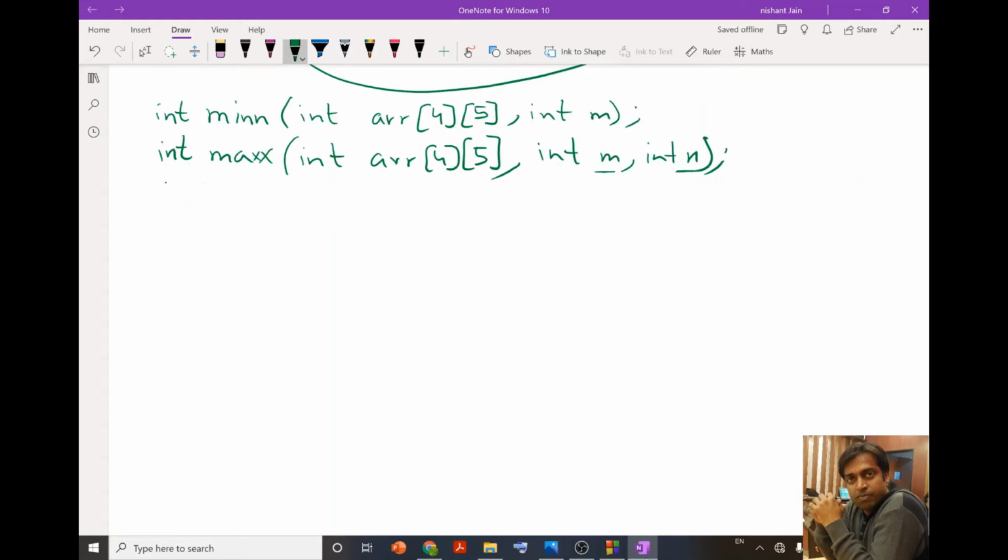Now let me write a main program. In the main program, first of all I am going to declare an array, and along with the array I am going to initialize the values of my array, just to avoid entering 20 elements every time I run the program.